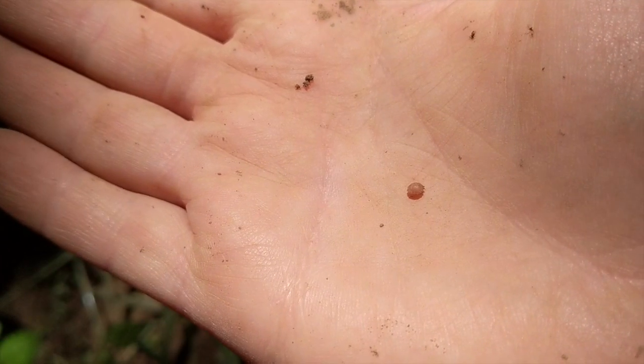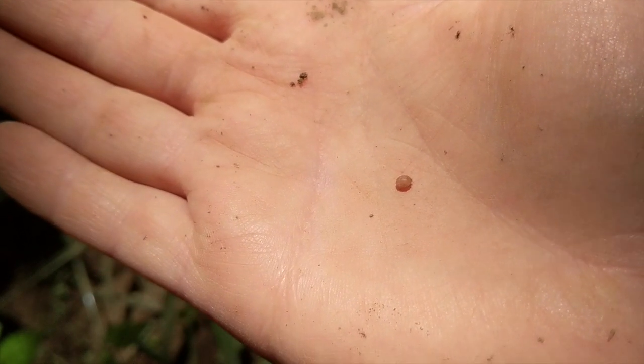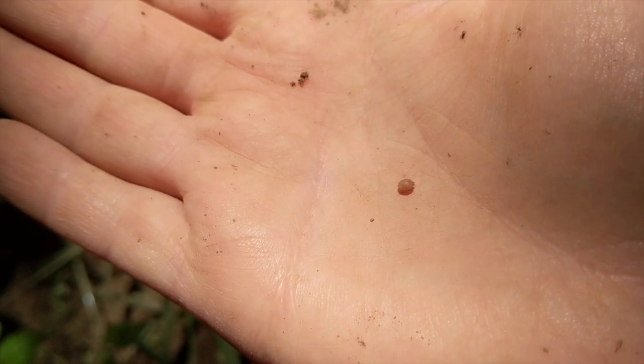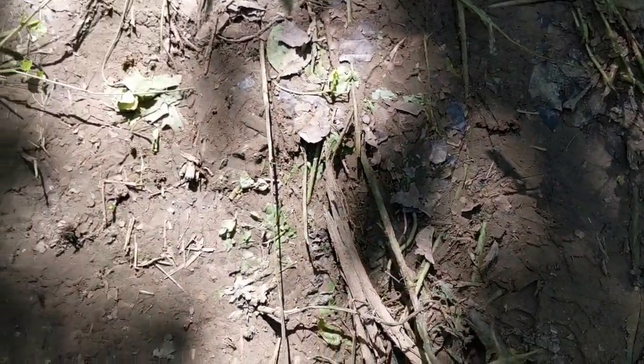There's always so many earthworms. Here I've found that little lemon-shaped cocoon that's going to hatch, and maybe one or more earthworms are going to hatch out of that. When you're going out on your worm hike, what you're going to look for